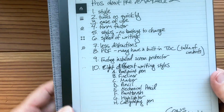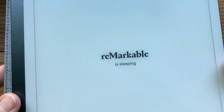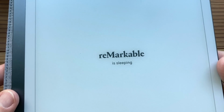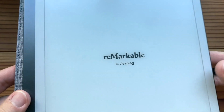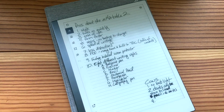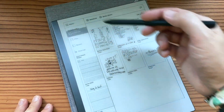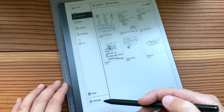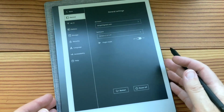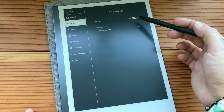And then it turns on quickly, so you can quickly put it to sleep. reMarkable is sleeping. So when I woke up this morning, that's what it was on, and I think it went down by 1%. Now, if you really want to make the battery last, and I don't know how they got to 2 weeks, maybe it's because they weren't downloading and uploading lots of ebooks, you can quickly put it into airplane mode by going to menu, go all the way down to settings, and then you want to go to Wi-Fi, and you can turn Wi-Fi off,